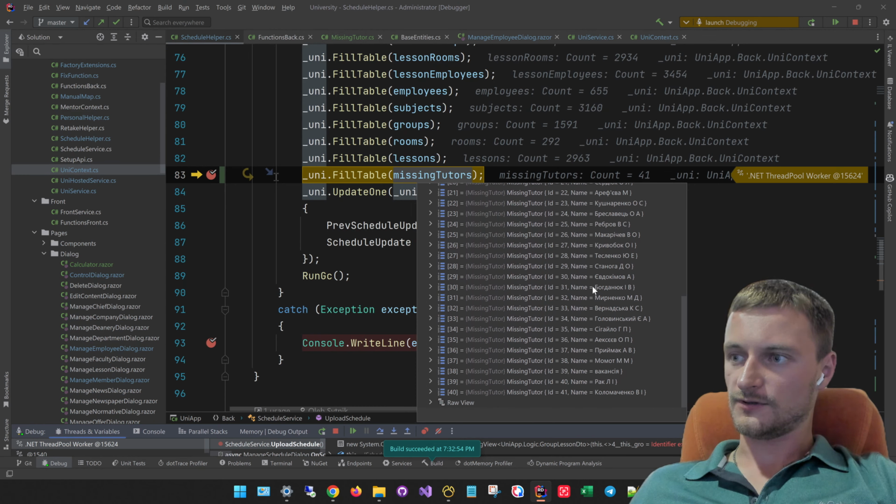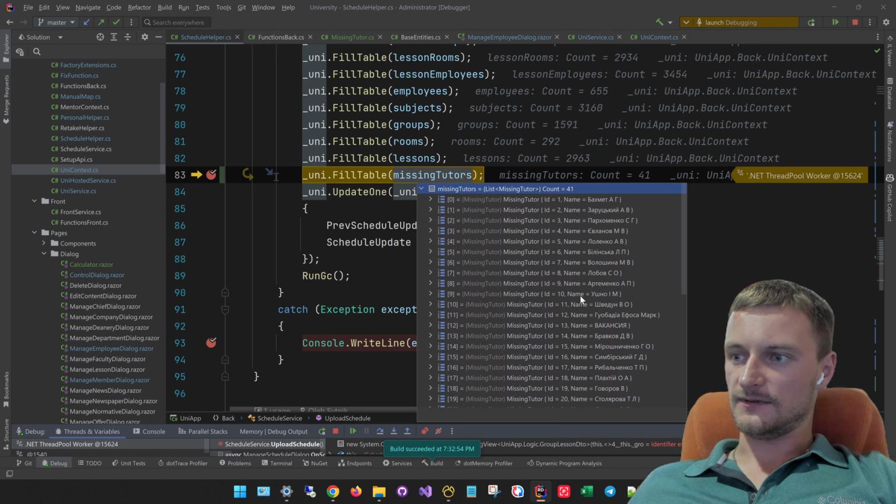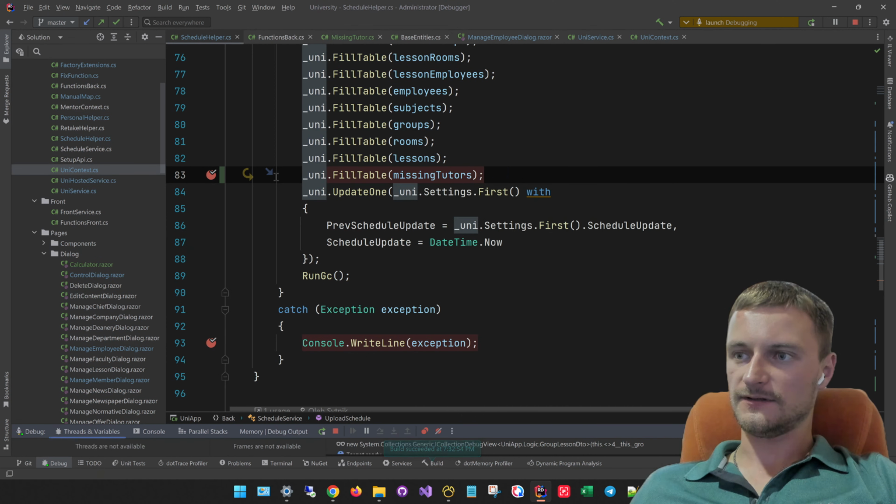So pretty much, but no duplicates, and that's great. So this is the first one. So when we have these missing tutors, what we are also going to do then is display this collection. So here we are going to fill this table,